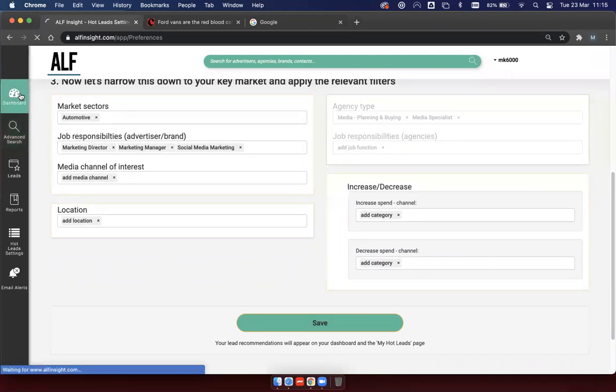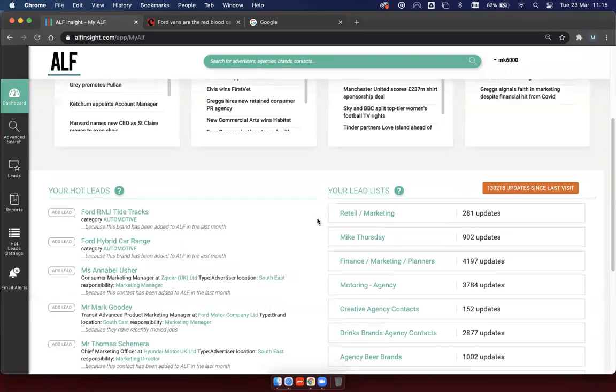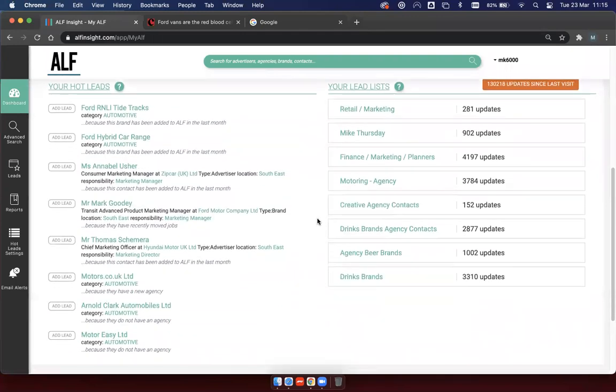And then when we jump back to the dashboard, you'll then see that we've got some of the hot leads displayed here. So we're only actually going to display 8, which for some people might be a little bit challenging. You're like, right, I actually think that there must be more changes going on that I could have been made aware of. And absolutely, you're right. You can see all of those. All you've got to do is just click on hot leads, and we'll do that in a sec. But before I do,